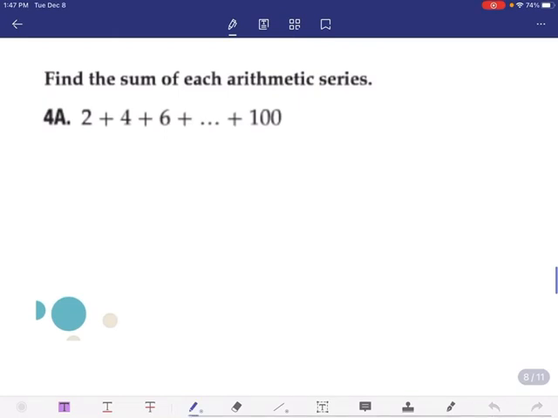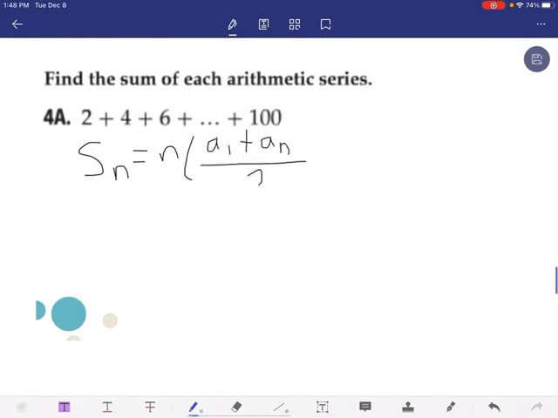So let's find the sum of this arithmetic series. Notice that these are even numbers. We've talked about them a couple of times now. Okay, so we have S sub n equals n times a sub 1 plus a sub n, divided by 2. So we know that our a sub 1 is 2, our a sub n is 100, and hopefully we can